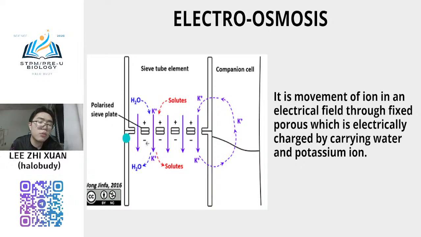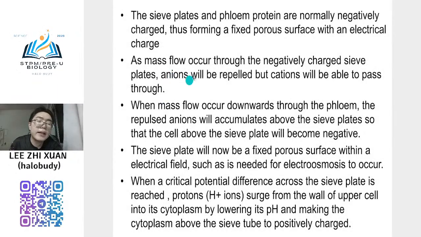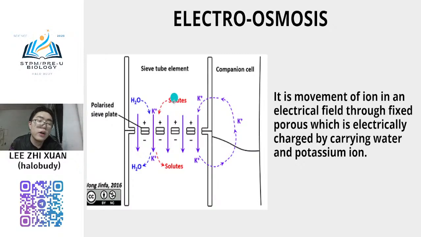So in the beginning of the process, your sieve plate is negatively charged. When flow occurs through the negatively charged sieve plate, anions will be repelled, but cations will be able to pass through. I already mentioned your sieve plate is negatively charged because your protein is